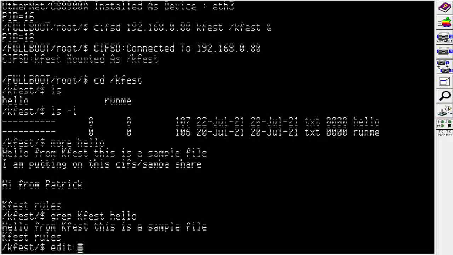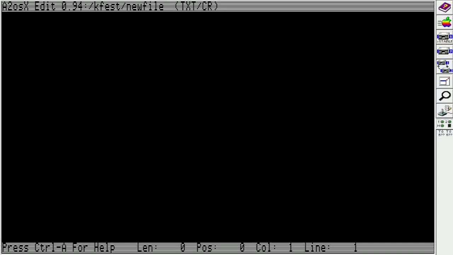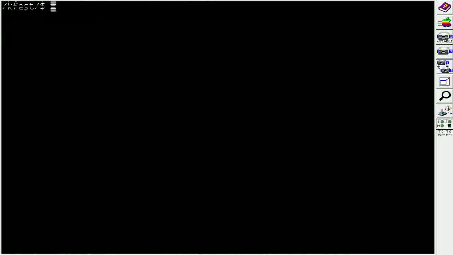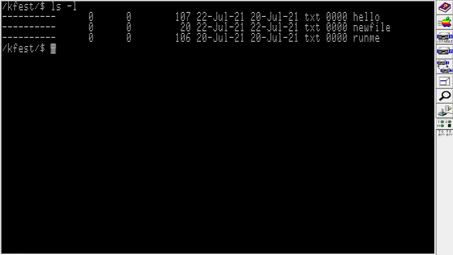Or we can edit a new file using the standard A2osX text editor. Save it out. And if we do a listing of our volume, we now see the new file, and we can dump that to the screen. Our long-term goal with SIFS is actually to connect this up all the way through to GitHub,